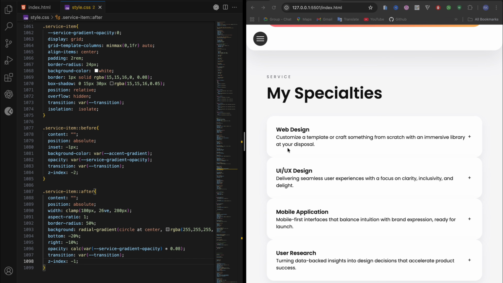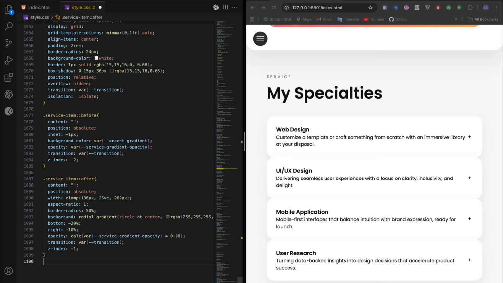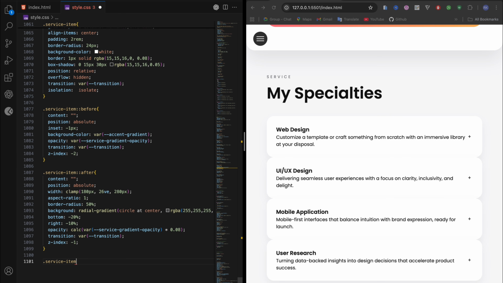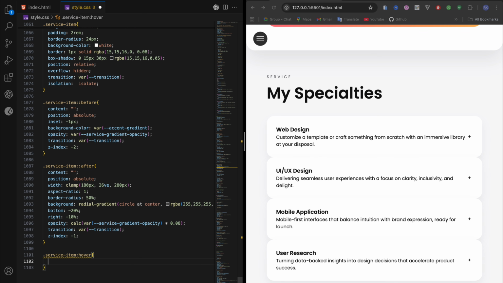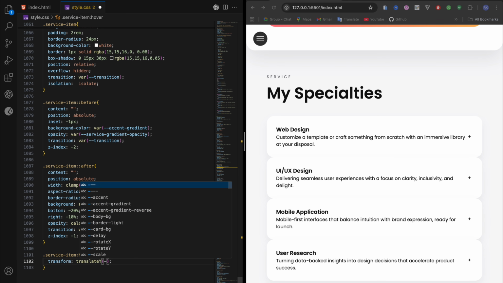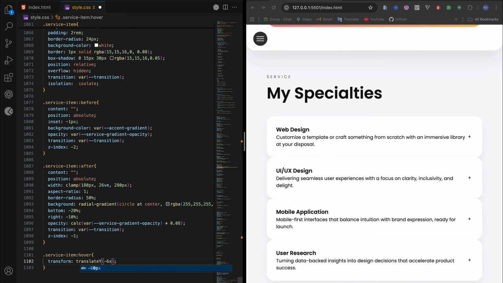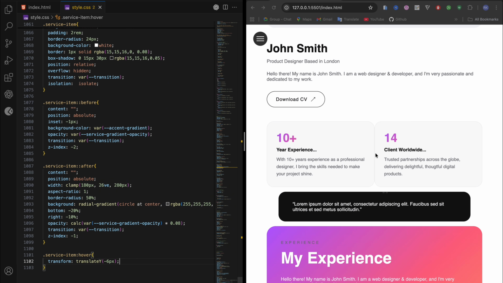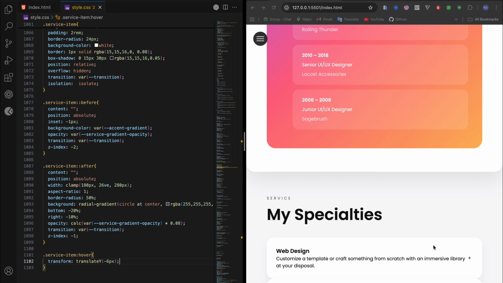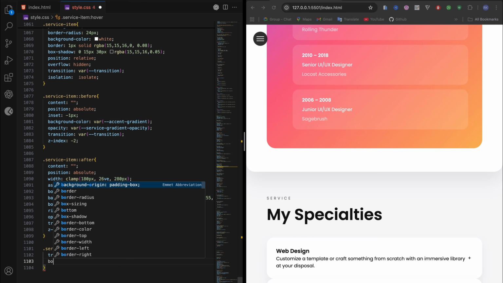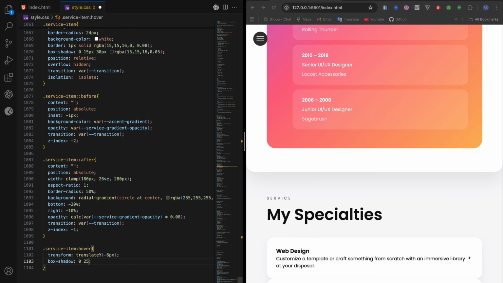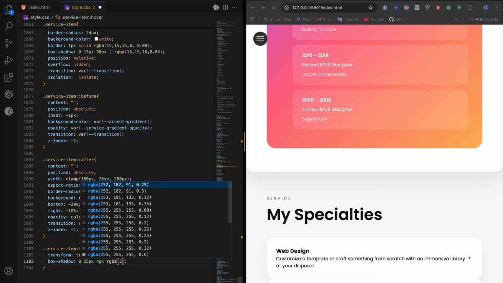We now add the hover effect here. So for that, just come here and add the service item hover. Set this at transform translate y -6 pixels. Okay, so now as you can see, when I hover, it will just move a little bit. Okay, now here add some more things like box shadow, that will be 0, 25 pixels, 45 pixels, then RGB 253,